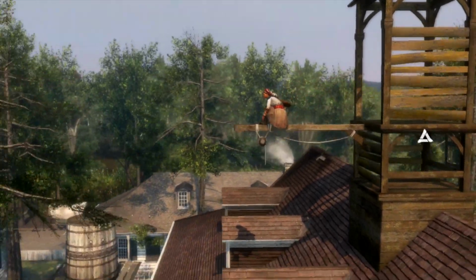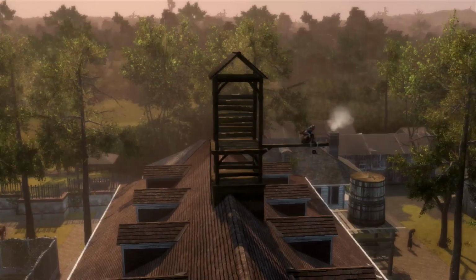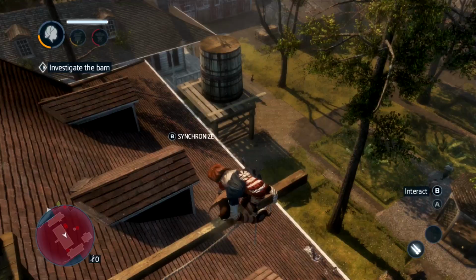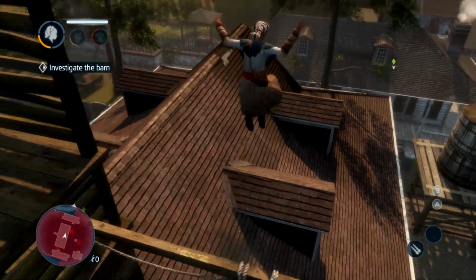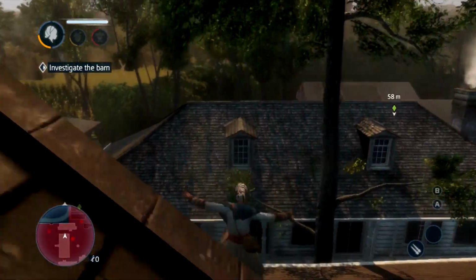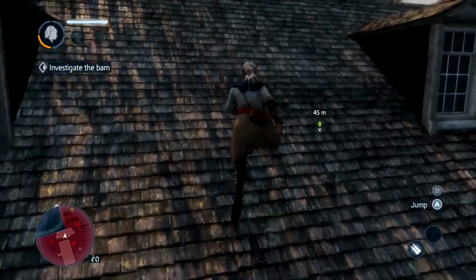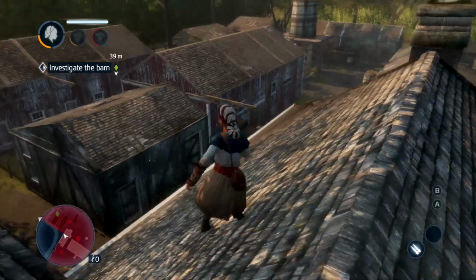Right, now once you've done the synchronization point, you've got to get to a barn. Now the natural thing to do is to jump off and do the dive off of the beam, but don't do that because it just puts you right down in the middle of the courtyard and then you're stuck. What you can do instead is just chuck a left and then onto this tree, onto this roof, and you'll see there's like a nice little path,